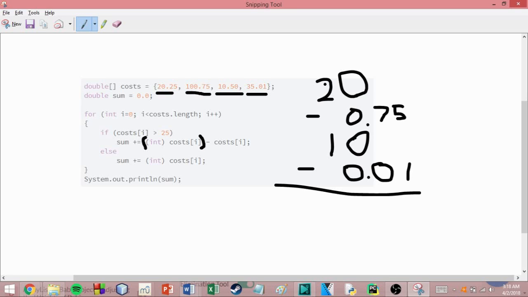So if we put that all together, I could rearrange these and do the 30 and the 20, 10 and the 20 first to get 30, and then subtract the other stuff. But here, let's do it like this. We have 30 minus 0.76, which brings us down to 29.24,